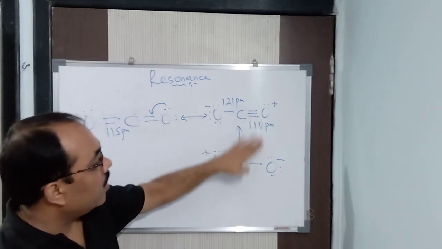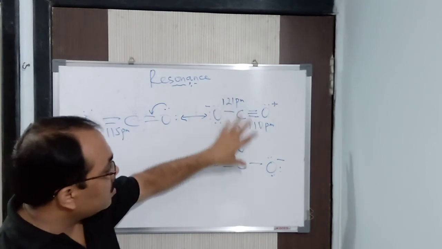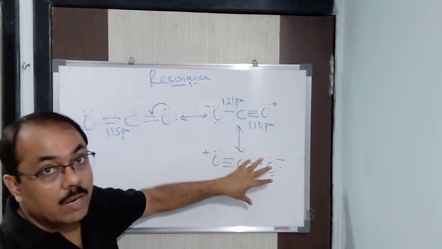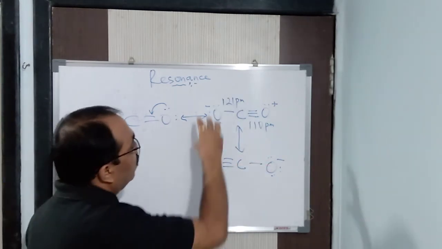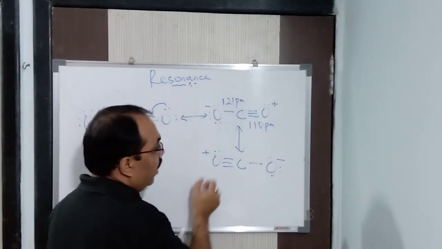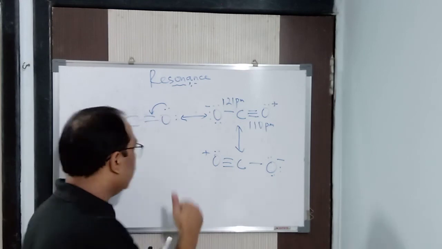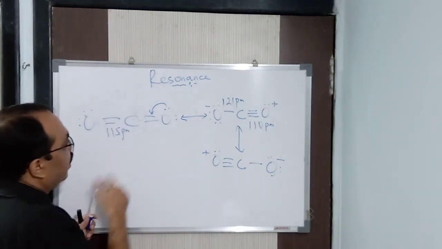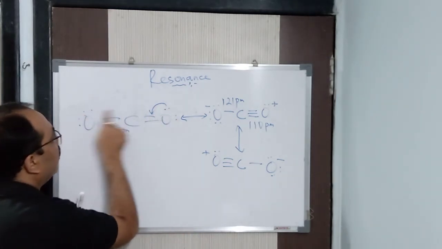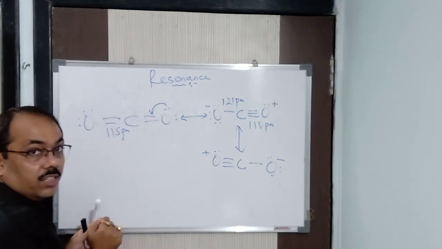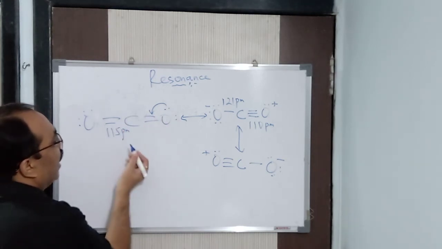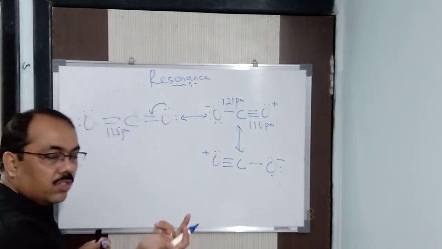These structures are the canonical structures. So these two structures do not explain all the properties of the carbon dioxide molecule. It says that one oxygen is negative, another oxygen is positive, and the bond length is also differing. This structure also explains the same thing. But in this particular structure, we find that both oxygen atoms are equally negative in nature. Got it? And the carbon atom, as a result, will be 2 plus